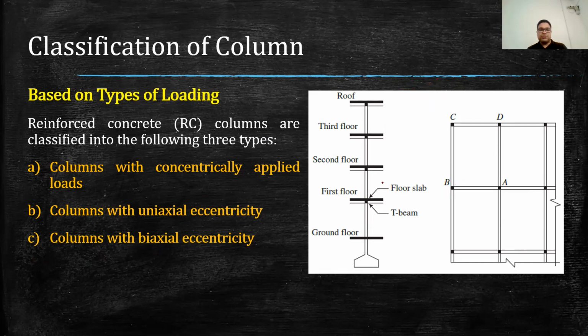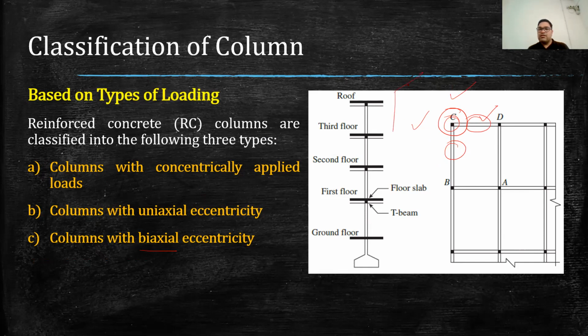Now, similarly, if we want to visualize the third column, which is the biaxially eccentrically loaded column, that column can be this corner column, the column provided at this corner. This column will be subjected to bending moment. The bending moment will be transferred by this beam as well as by this beam. They won't be countered by any other beam because there is no beam present at this location and at this location. So both bending moments will be transferred to this column. So this column has high vulnerability against bending.